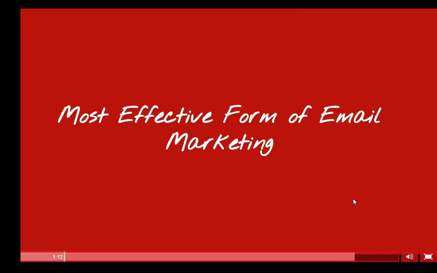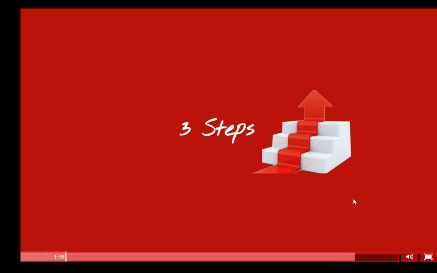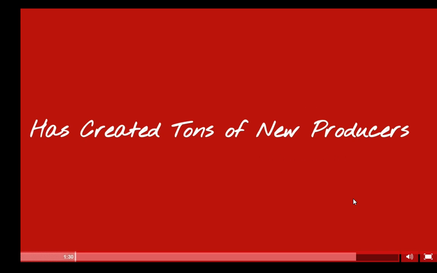Solo ads are one of the most effective forms of email marketing. The process kind of goes like this in a nutshell. You find a broker, a list broker, you pay that list broker, and you receive your traffic. And that's really it. It's really that simple, and that's the beauty of it and why people like it. It's really kind of a done-for-you solution. Obviously, there are some intricacies to the process, which we'll cover in this lesson, but get ready to get excited, as this was a long-held secret by the top-tier producers for many years before it was cracked open and revealed to the masses. And it's the process that has created a ton of new producers in the space.